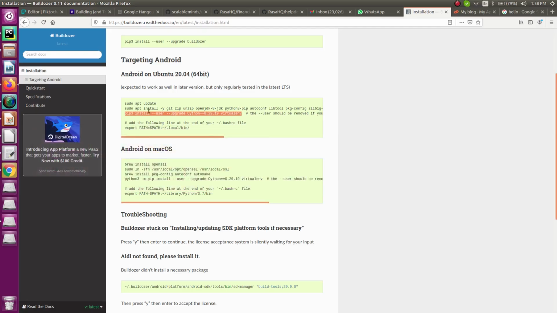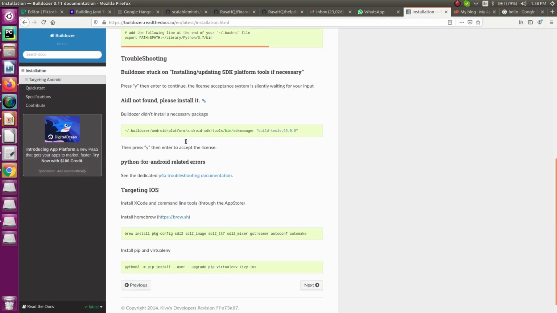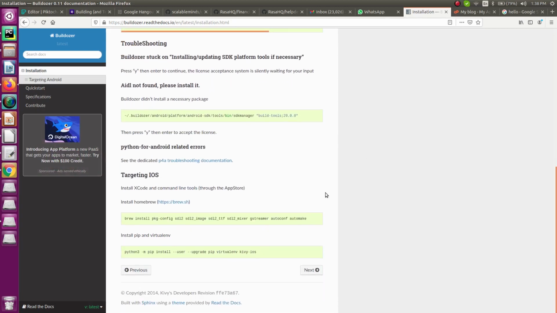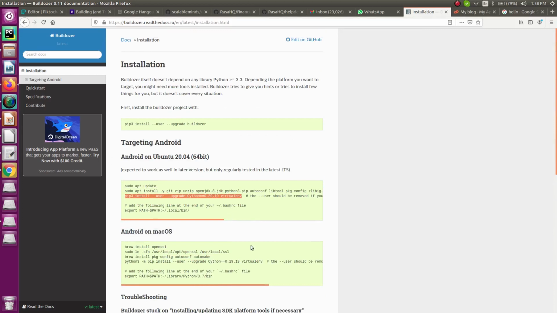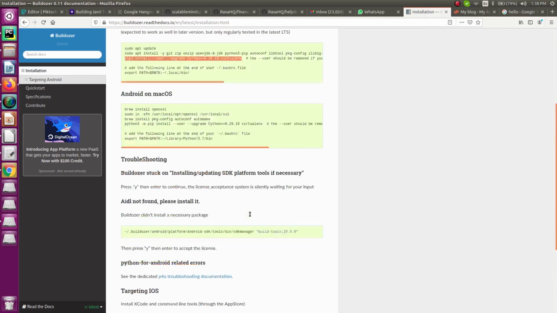And once you're done with these steps, the next thing is that you have to shift to the next page, right? And accordingly, if you're using iOS and if you're facing any difficulties in that, you can use these commands as well. So that's totally up to you. In my case, I have done all these steps, right? Now move to the next page,